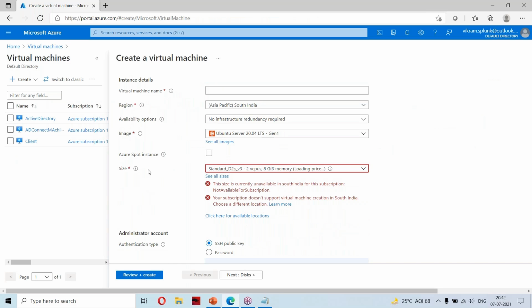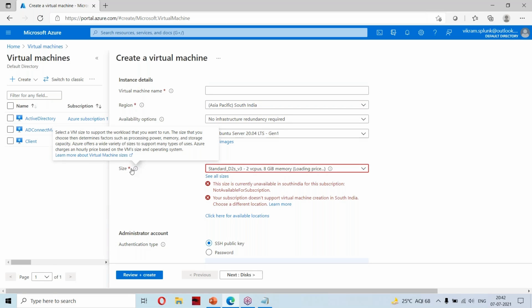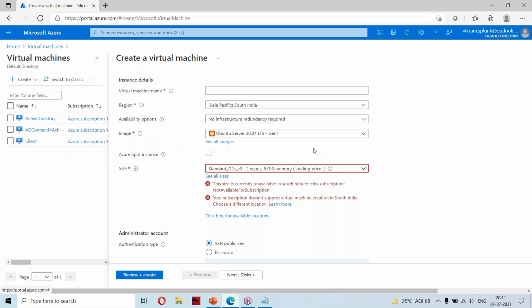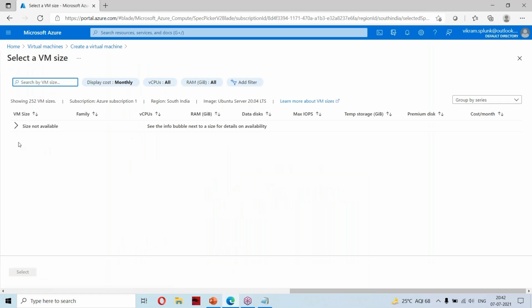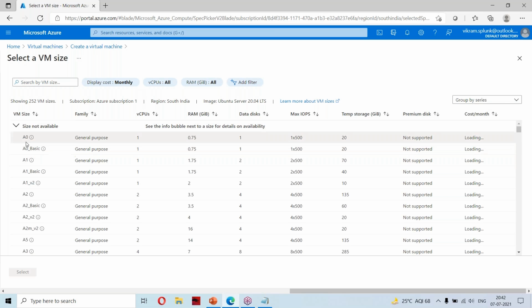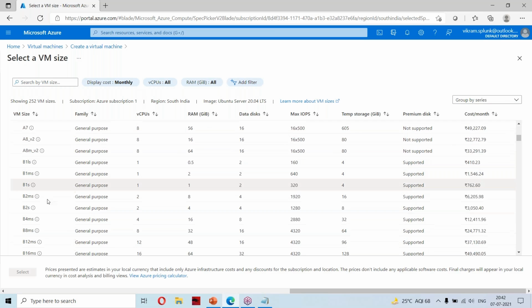Here I have something like size. This is the size actually. If you look at the sizes, there are multiple categorizations.